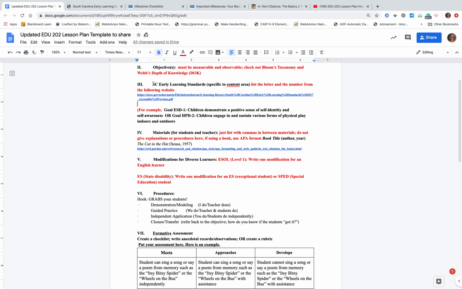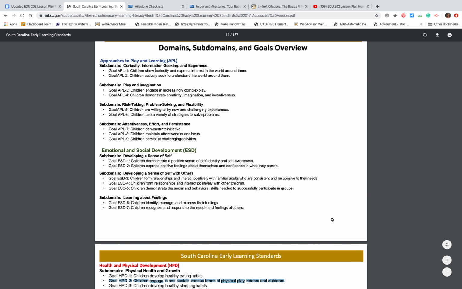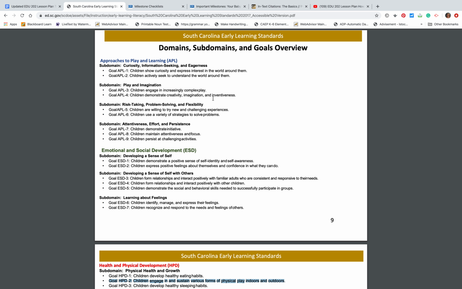Now, notice here that I've taken out the initials NAEYC. That is because the South Carolina Early Learning Standards are based on the NAEYC learning standards. Just make sure that when you are listing them on your lesson plan that you list the letter or letters and the number that follows the goal. So if you go to the website, which is listed here, you're going to come up with this document, which we've looked at in class, and you are going to copy this entire